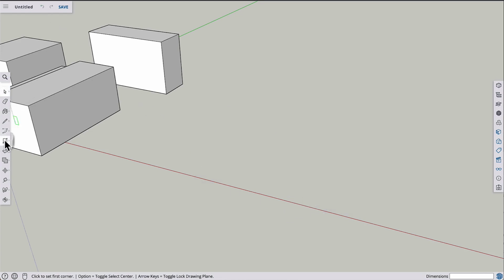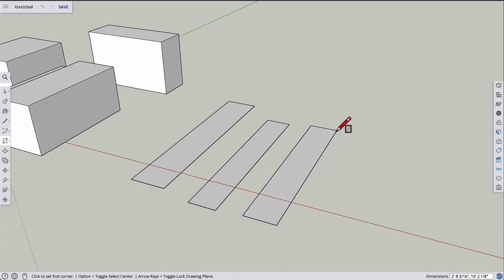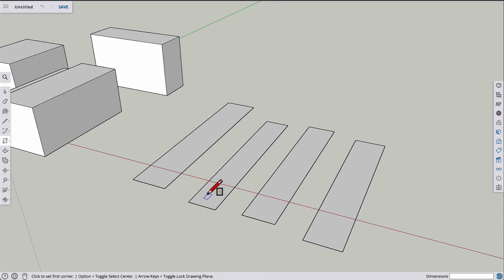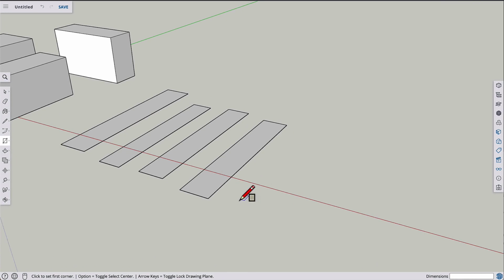Okay, pause though. Before you start drawing, pay attention to how you click the mouse button. For each rectangle we draw, be very careful to click once to start each rectangle and click again to finish. 2 clicks. 1, 2 for each rectangle. 1, 2. Click, click. What many of you will find is that by habit, you might be dragging the mouse